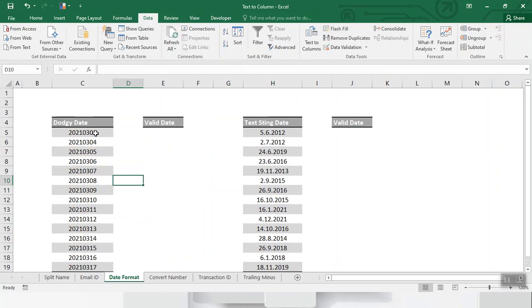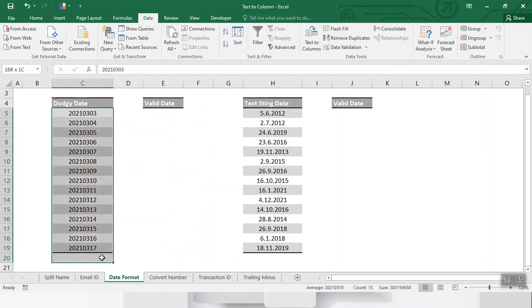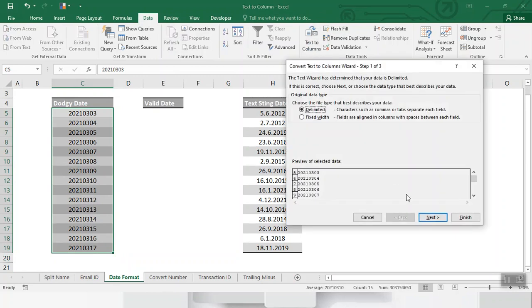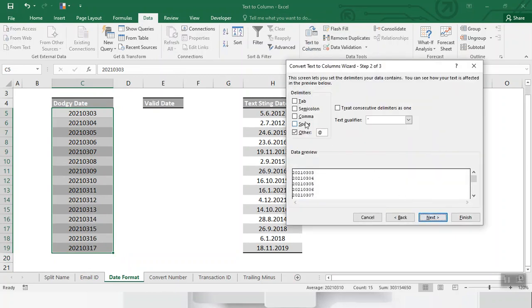Select the dataset, go to data tools, text to column, delimited. None of these should be selected. Delete everything.